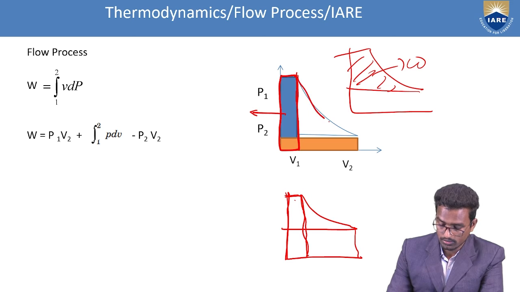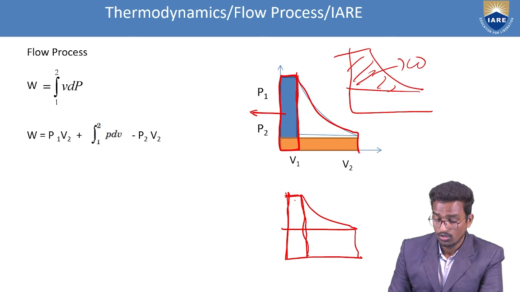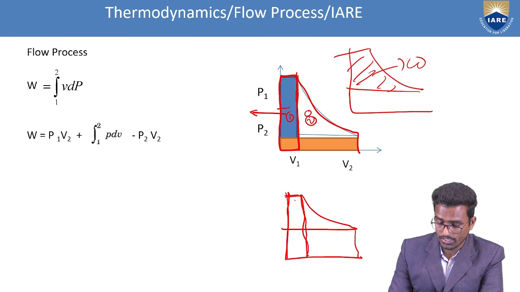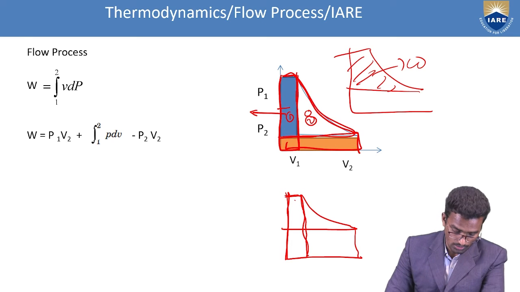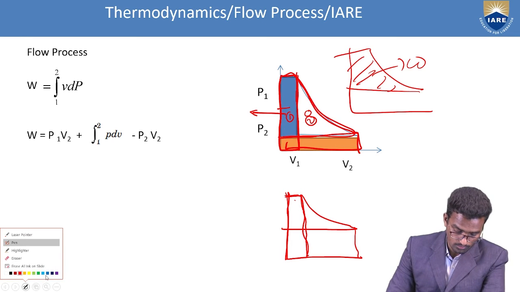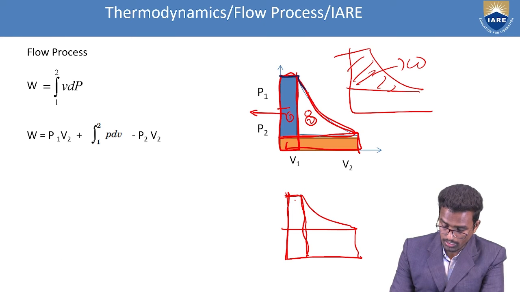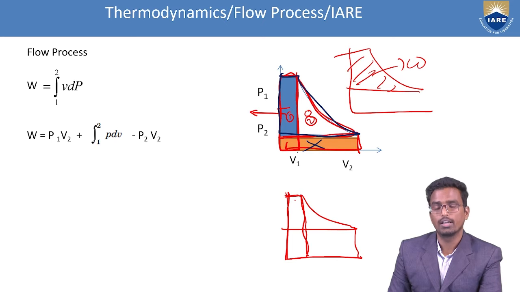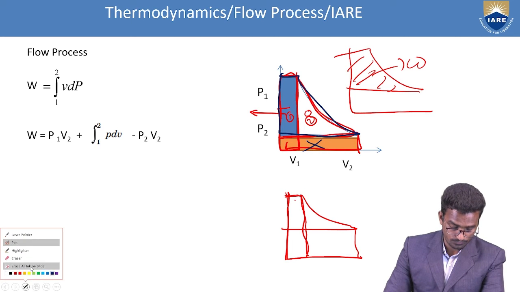And then this one. The addition of this and this one: the first you take, and the second. From these two, if I remove this portion, then I get only this portion. If I remove this one, I get only this portion. This is what you remove. Same thing I am doing here.